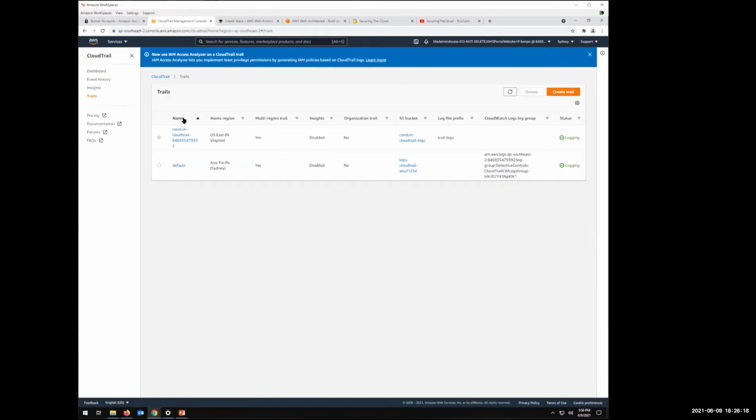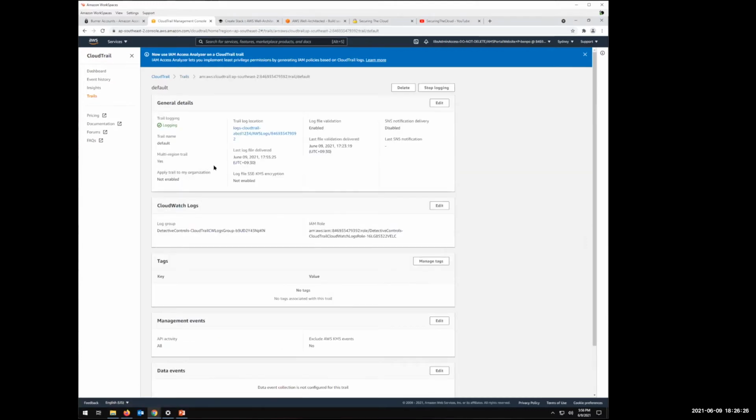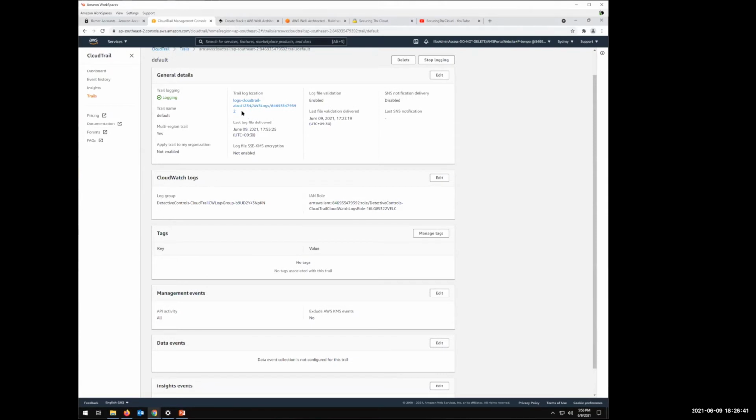I've actually got two trails here. I've got one that's on by default because I'm using a temporary account, and then I've got the one that I just created earlier today. The CloudFormation template in the lab will do all of this configuration for you. It's going to create a CloudWatch Logs group, and it's going to create an S3 bucket. So I've actually got two locations. The reason I've got the two is mainly for demo purposes, to show that it can go to two different places. But also I like querying logs in CloudWatch Logs because it's really simple syntax and